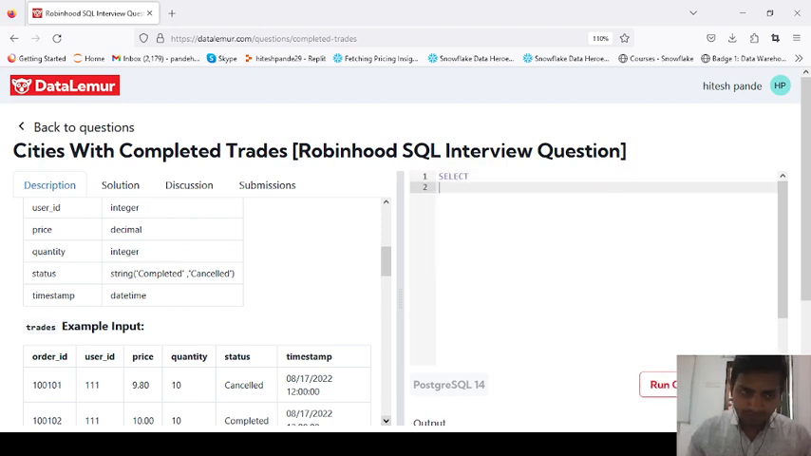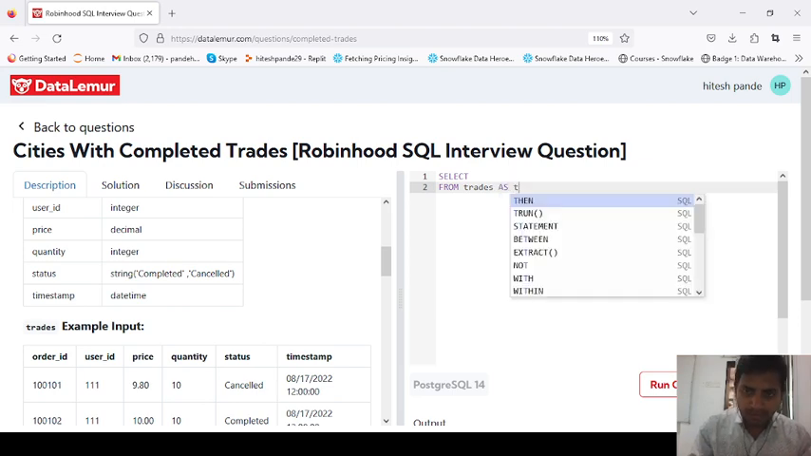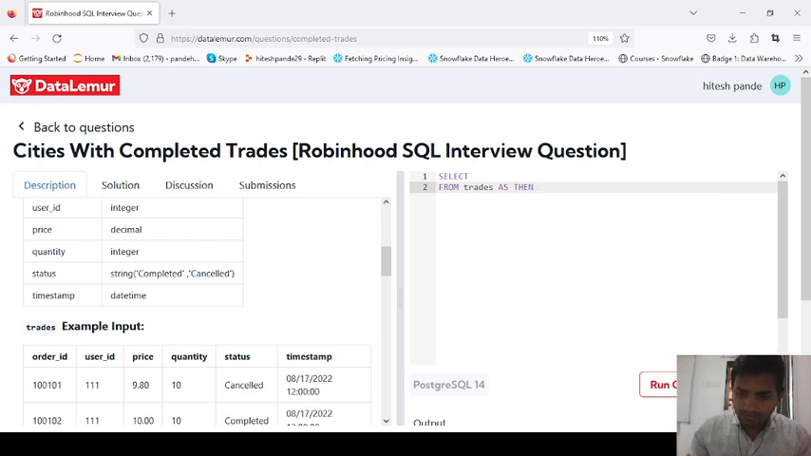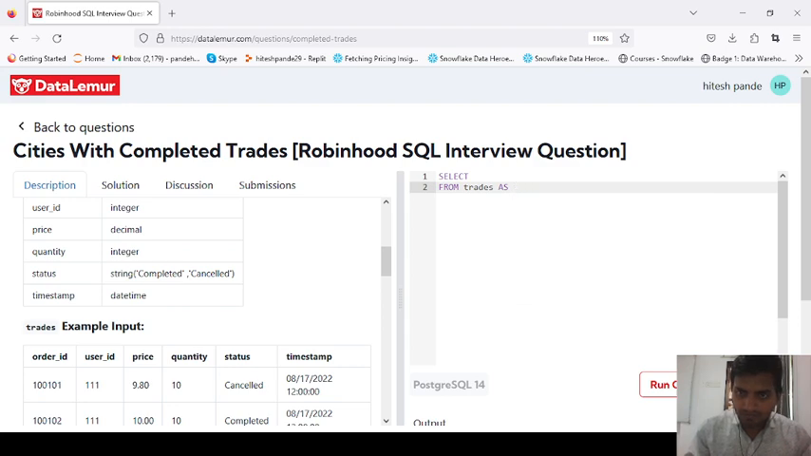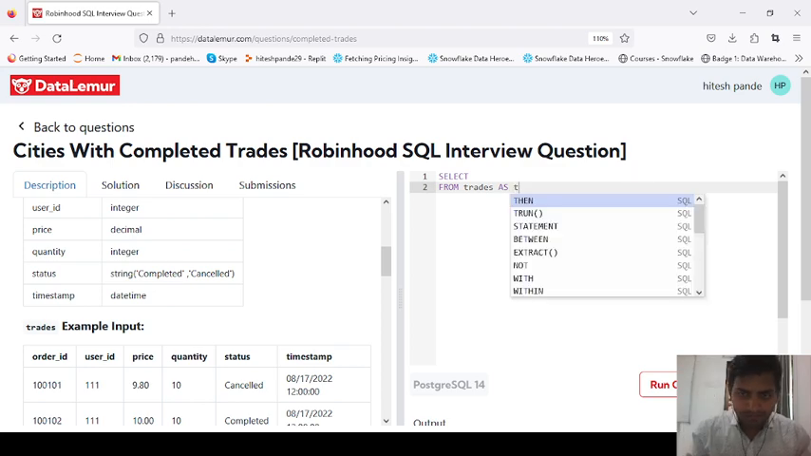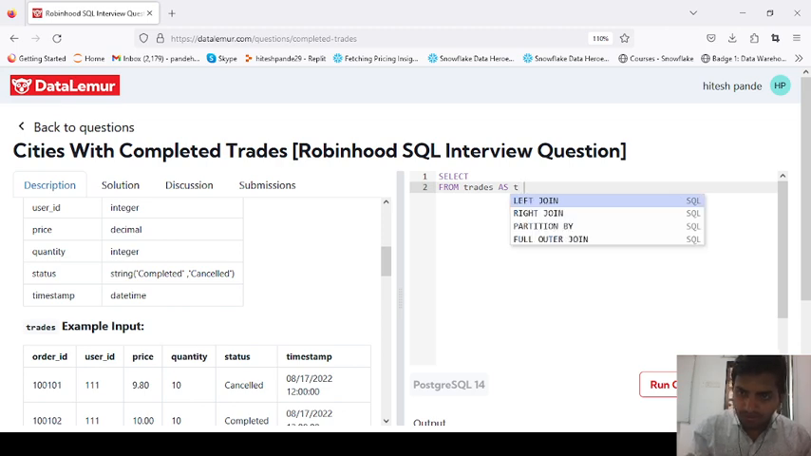Select ... from the name of the table, trades, and we give the alias t. Now we have to write here